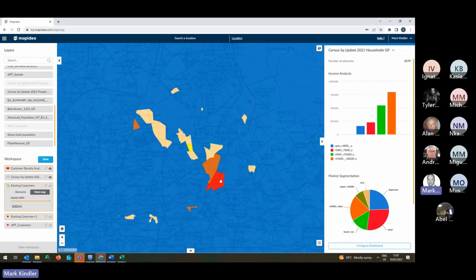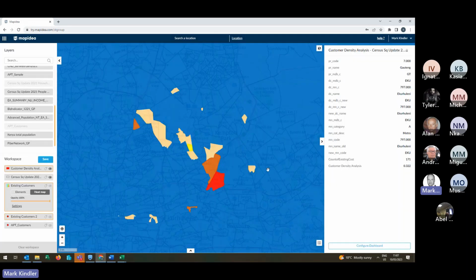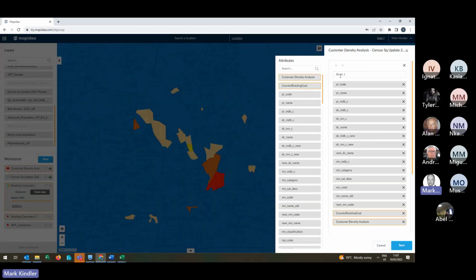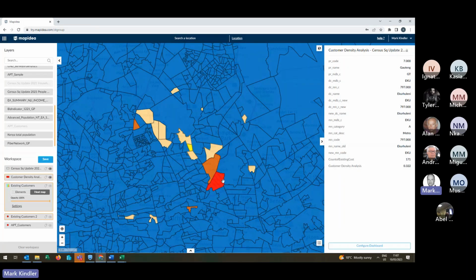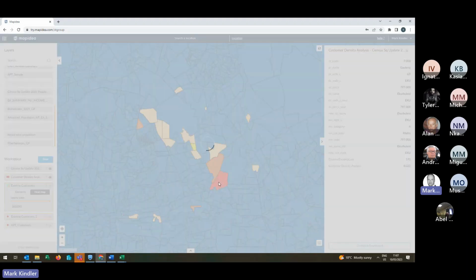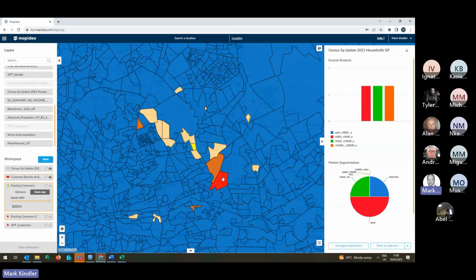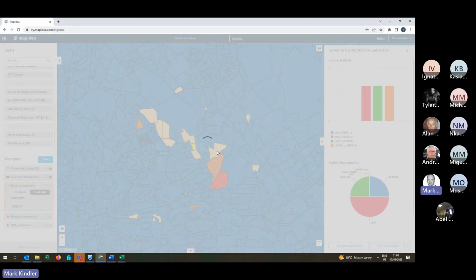But what we can do is say, well, what's happening in this area over here? We've got a high concentration of customers. What's going on? Hang on, I should have saved my dashboard. Customer density analysis. Wait, let me just turn that off or push that up. Okay, so in this little subplace over here, interestingly enough, the majority of market segmentation is poor. We have some deprived, with low MC, rich, middle class, and so on, and we see these income variables coming through as well. But if I use Shift,